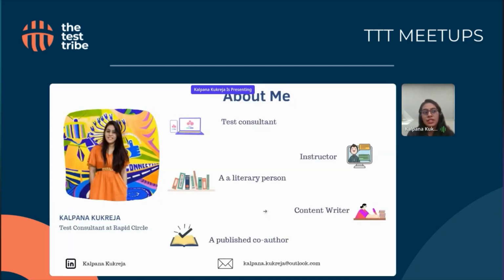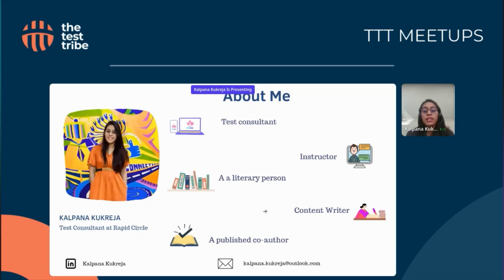Ashutosh has already introduced me, but there is still a brief about me. So yes, I'm a test consultant. I have been working on APIs, functional mobile testing, automation testing for quite a long time now. And along with that, I am also an accessibility tester practitioner. I have been working on accessibility testing since last year. And this is again another very less visited area of testing, but this is equally important one.